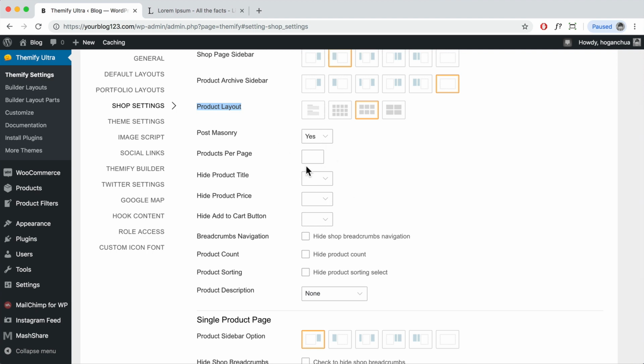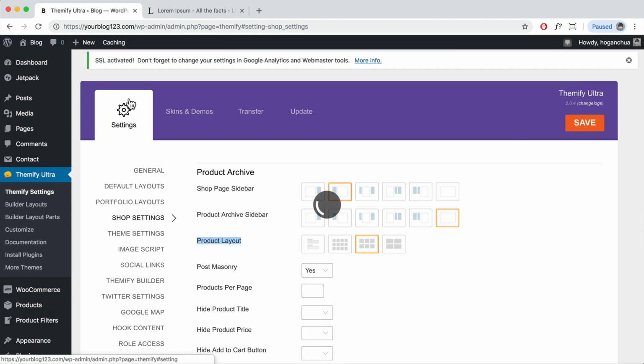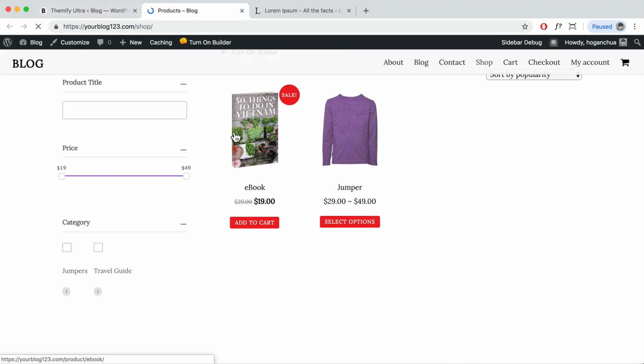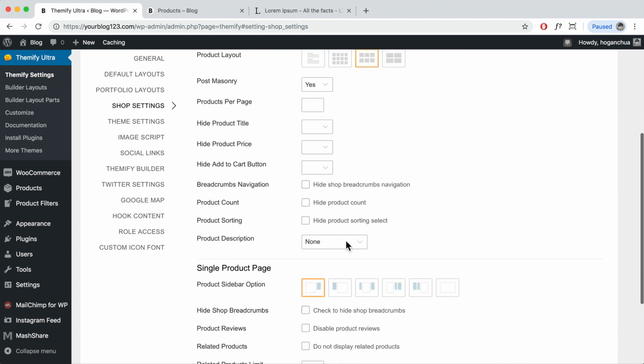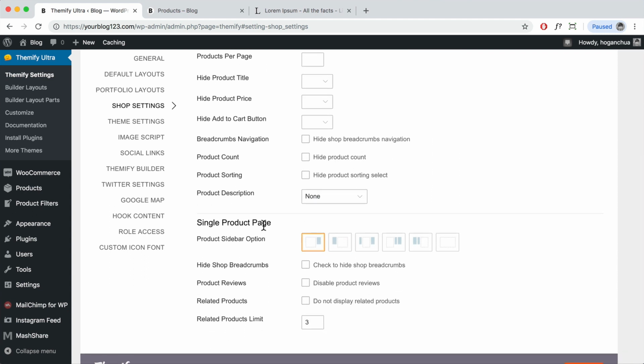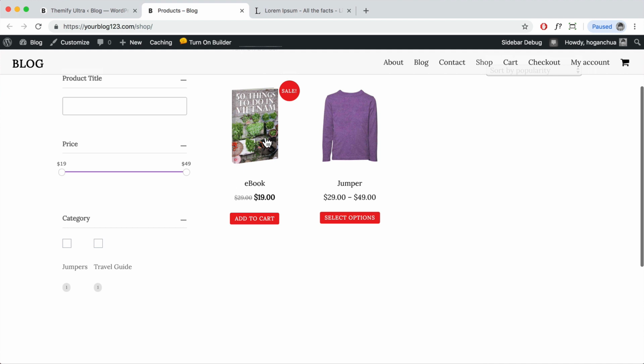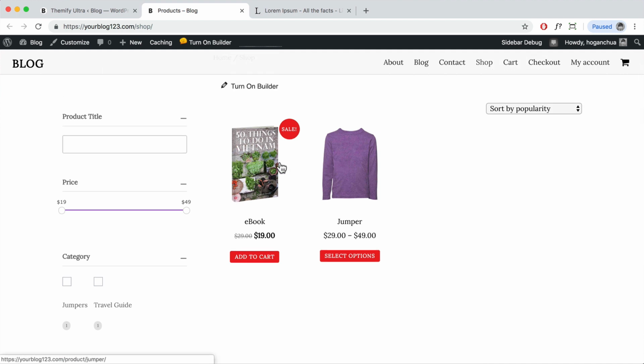What I recommend you do is, let's just click on save for now, open your store page on another tab, and then you can just play around with the settings here to see what they actually do. So for the product single page, if you click into that product, for example, the ebook,